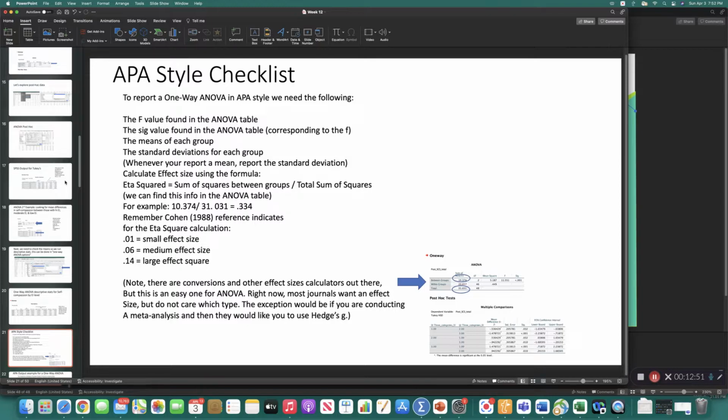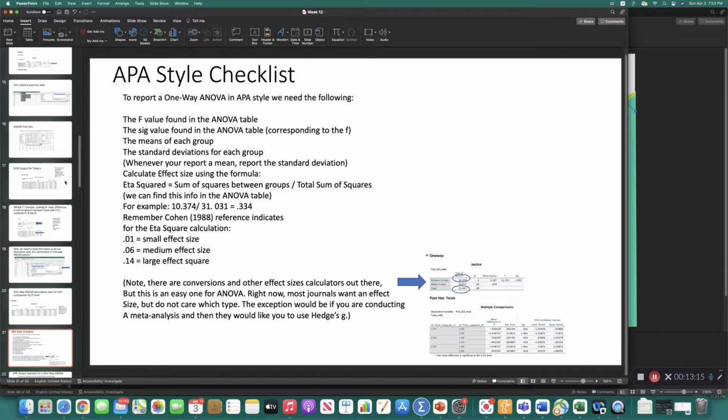So let's go over an APA-style checklist. Now you've conducted the Anova, you've conducted the post-hoc analysis, you've run your descriptive statistics, you have all your good SPSS output. Now it's time to write things up. So what do you need? First, you need to find the F value that's found in the Anova table. As we can look at this table over to the right, you can see that the F value here is